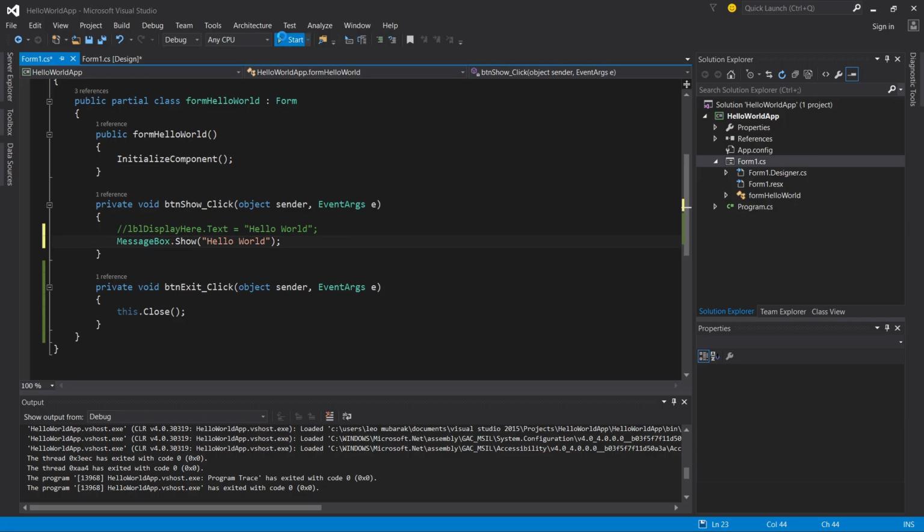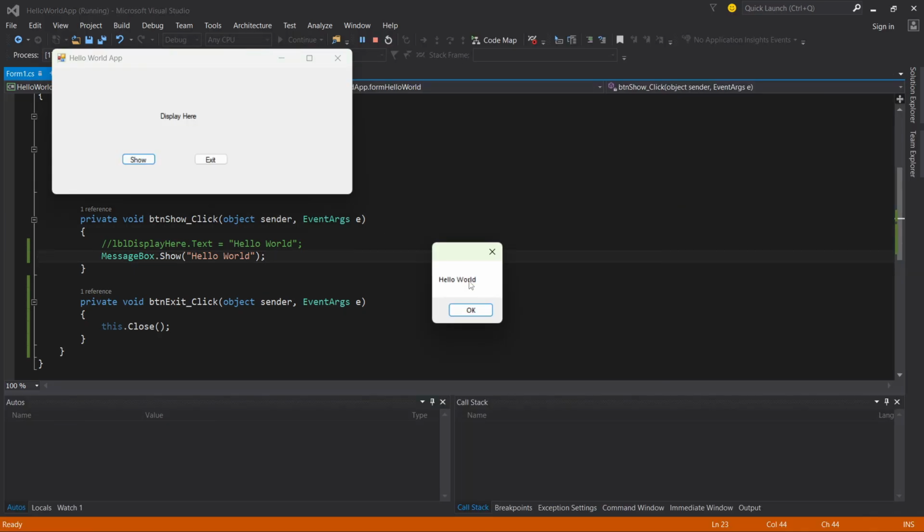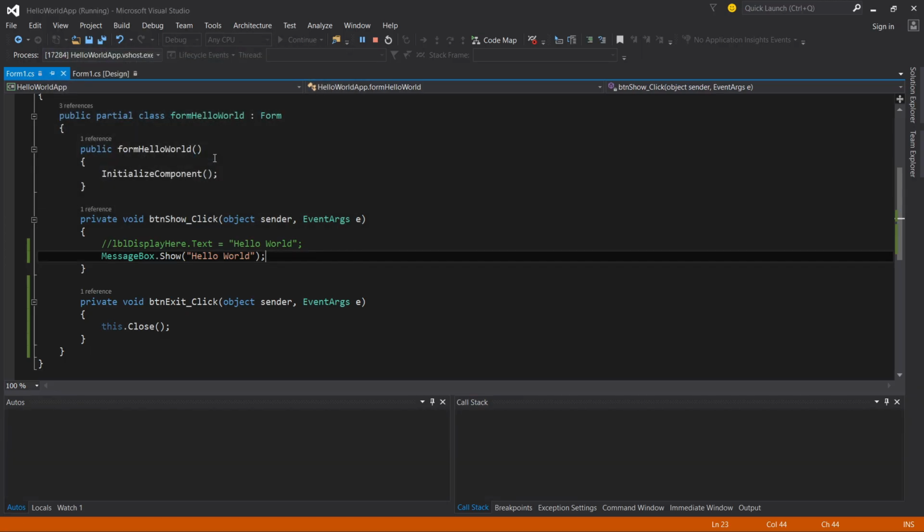So let's try it and see. Show text. You see, it has appeared here, Hello World. Instead of here, it has appeared here. Have you seen that? So this is the difference between the message box and the text. So that's it for this simple one. Then the next one is